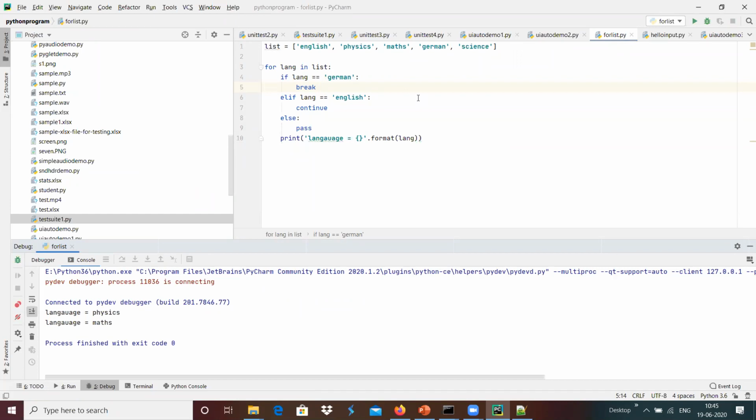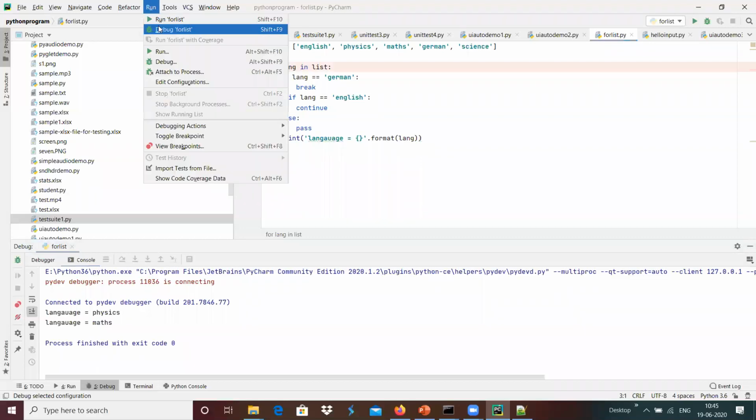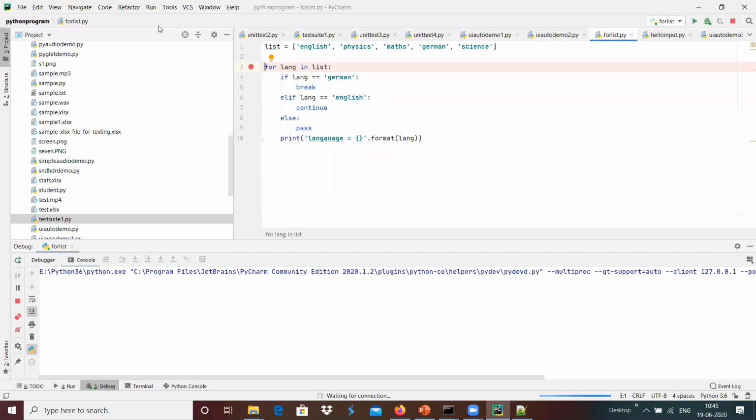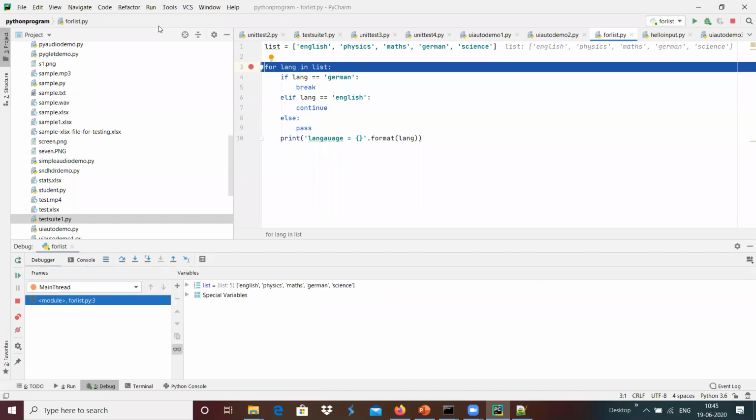If we wanted to debug, we can put a breakpoint. I'm going to put a breakpoint once after list creation. When the program control reaches that breakpoint, the program stops its execution.